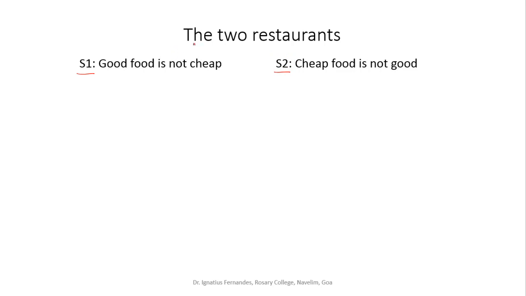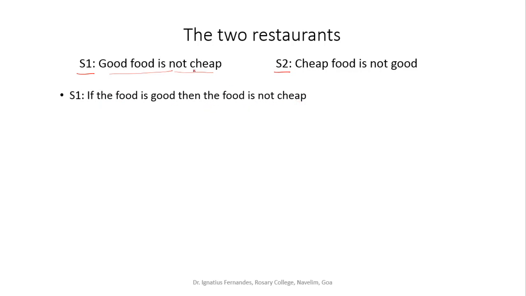So the same way we will write down the truth table for this and the truth table for this, and we will see whether the truth values are the same or not. Before that, you'll have to put this into notation form. To put S1 into notation form, I'll write it in a way where it can be converted into symbolic form. When we say good food is not cheap, we precisely mean to say that if the food is good, then it is not cheap. So S1 is the same as saying if the food is good, then the food is not cheap.